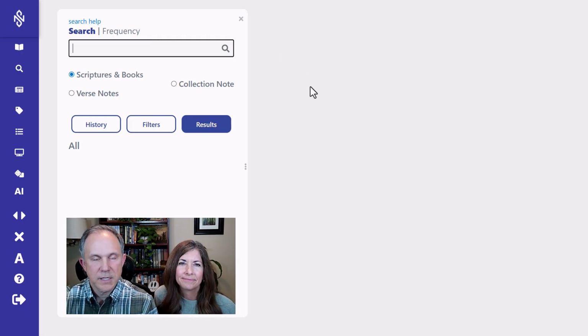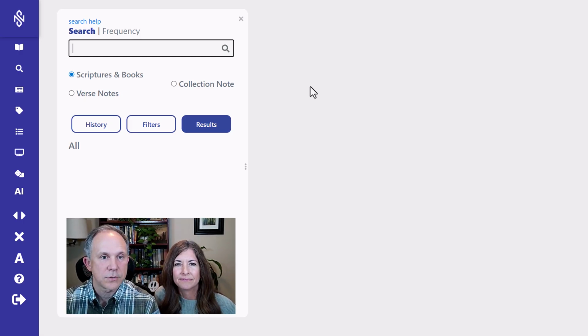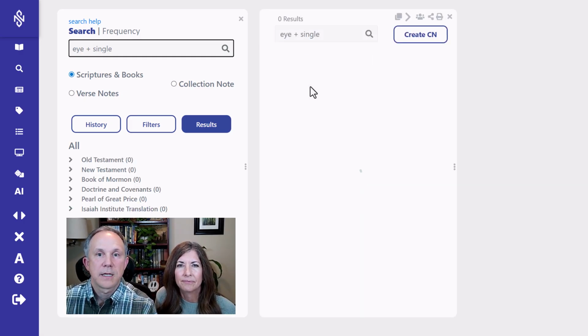But I'm just going to demonstrate a few of these that I think would be really basic and helpful for you to learn how to do searches. So let's say you're looking for all the scriptures that talk about having an eye single to the glory of God. You can just do the word eye and single, and that will find all of them. Now, I can remove the and, and I can use a plus sign here. So eye plus single is the same as eye and single. And I'll just hit enter, and it goes to work searching the database here,